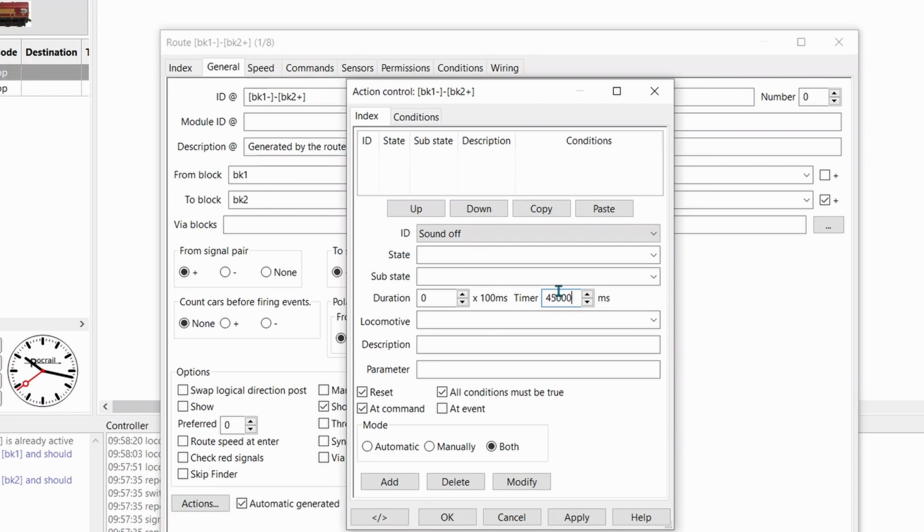You can set this up in the action block, but if you fill in this one here, it'll override the action block itself. And we'll put in the engine as well and add it. Now we'll add in the lights off as well.